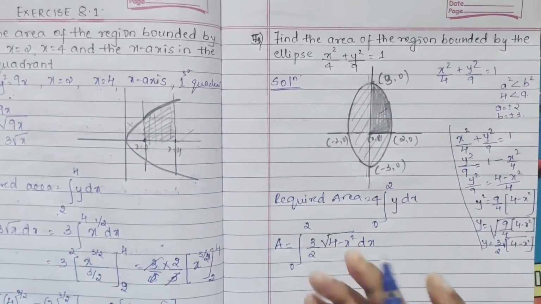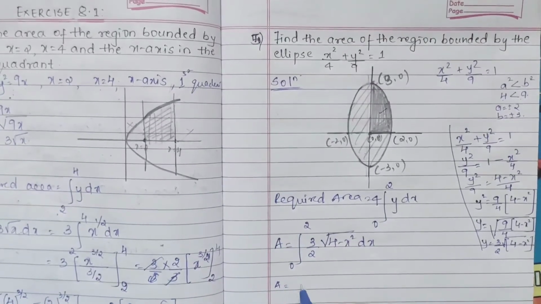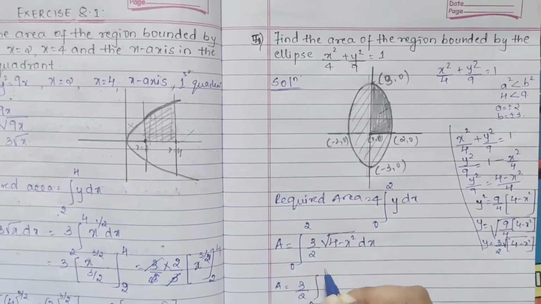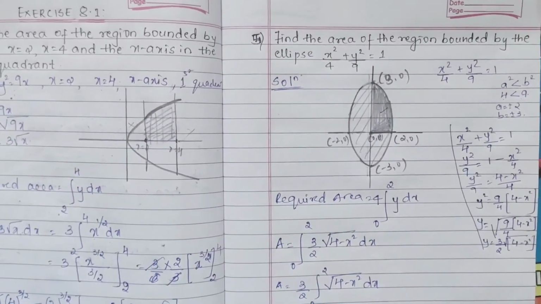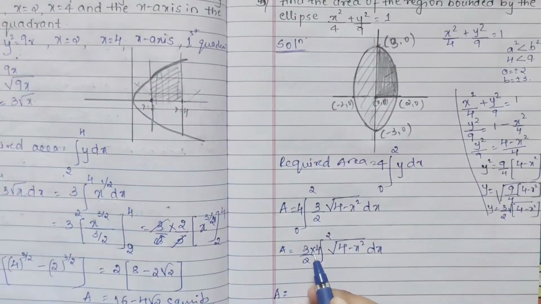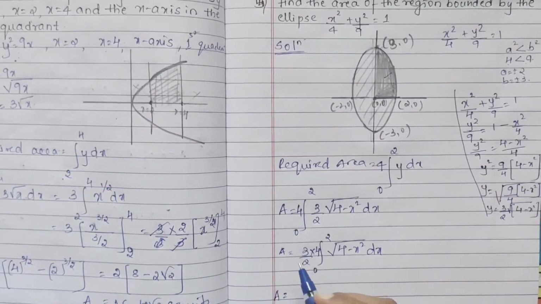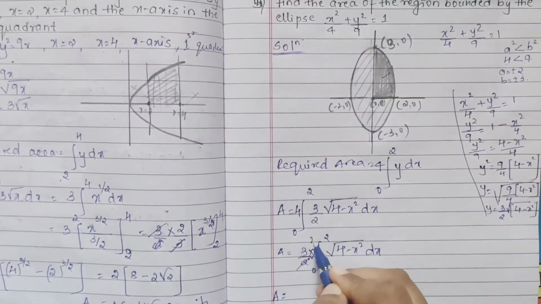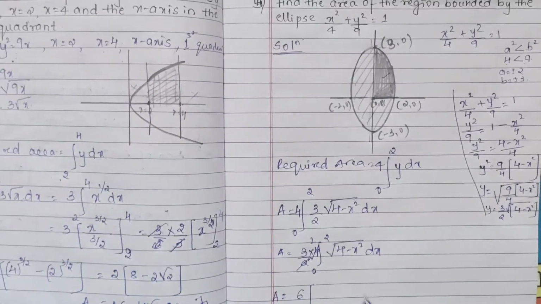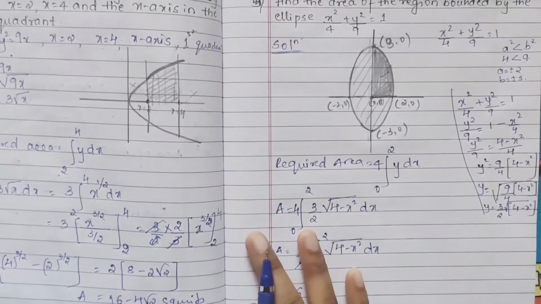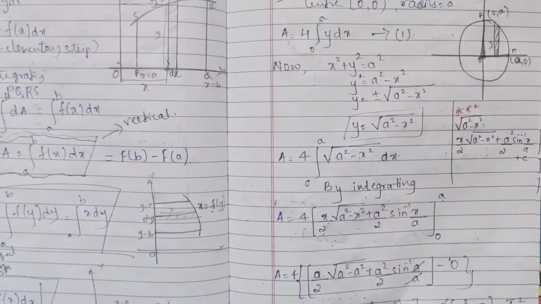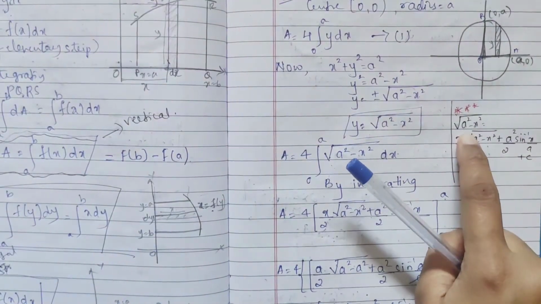So 3 by 2 I can keep it outside. So a is equal to 3 by 2, keep it. Just you have to integrate for root of 4 minus x square dx, right? And now integrating here, you had 4 also. See here I had skipped to write 4. So please note it down. 2 2s are, so you get 6. It is root of a square minus x square. Root of a square minus x square is given by how? At start when I had given, this is the most used.